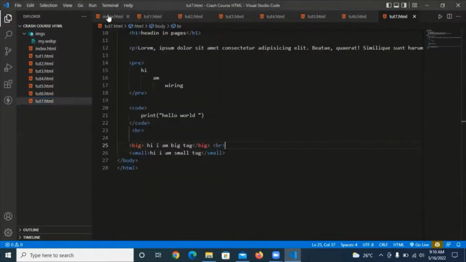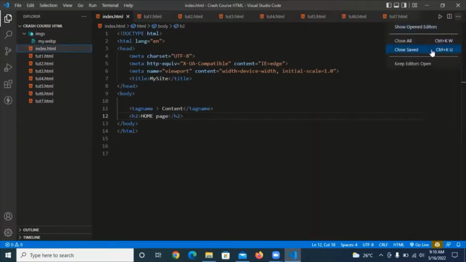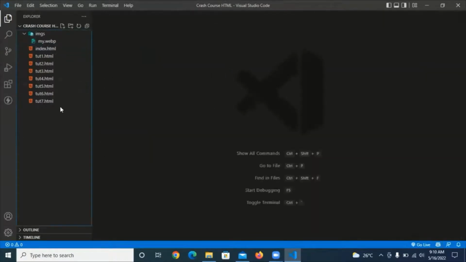Okay, till Tut 7 we have already done. I am closing all the files. Today we'll make Tut 8. Not inside the EMG, we'll make it inside the total full crash folder. I'll make a file called